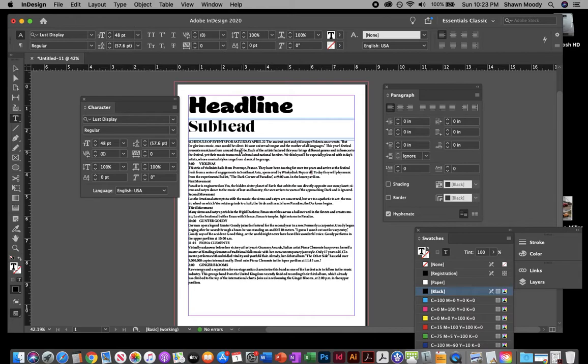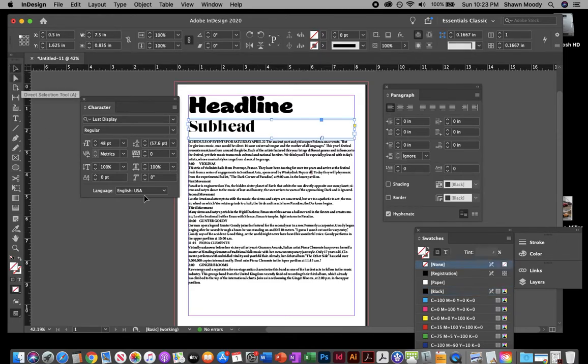accessible to us as designers, because they allow us to see if there's any hard returns or soft returns. Remember the difference between a hard return and a soft return. So I'm going to deselect first, and in order to see those invisibles, the shortcut key is Command Option I. You may see these little pound signs appear here, and then I'm going to zoom in on our document,